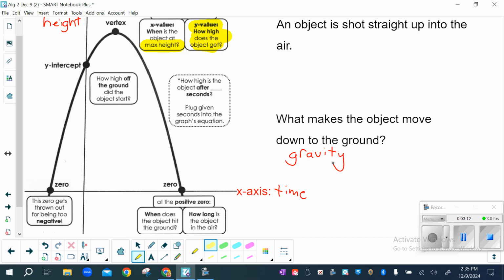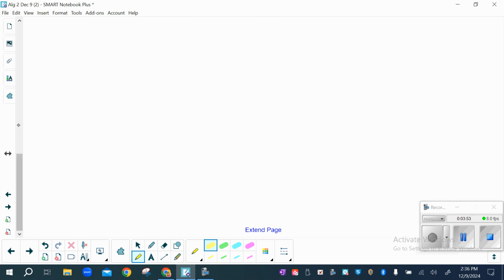So notice on this one we have a full parabola here. So this 0 in this full parabola would be negative. No. So it doesn't make sense to have 0 to a negative time. Like a time of -3 seconds. Would that make sense? So I see a couple of you shaking your head no. So no. So this here and all the way down here for most of the problems that we're doing will not be relevant. So we throw it out if it's negative because it doesn't make sense in the problem. Okay, so let's talk more about